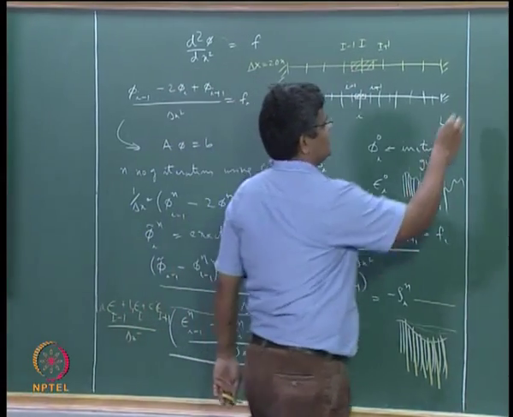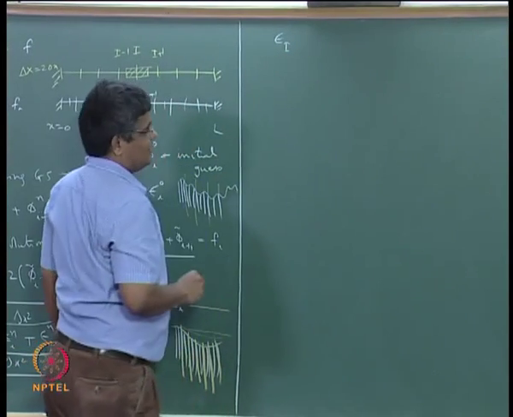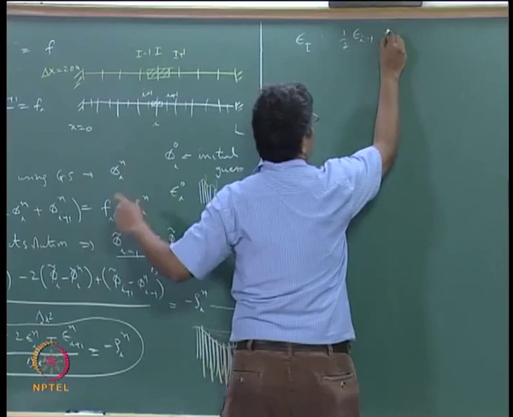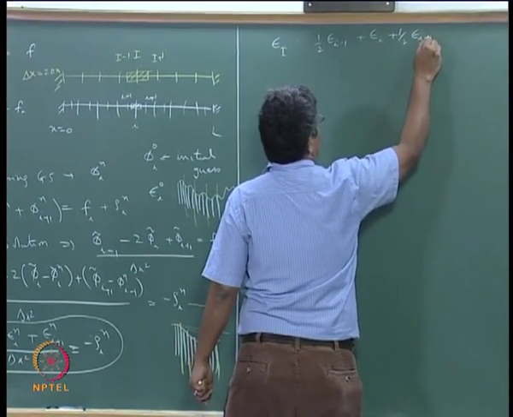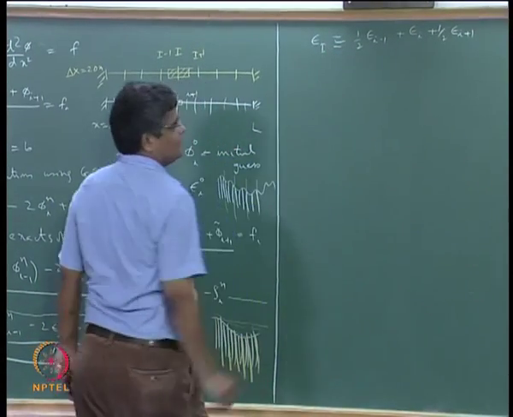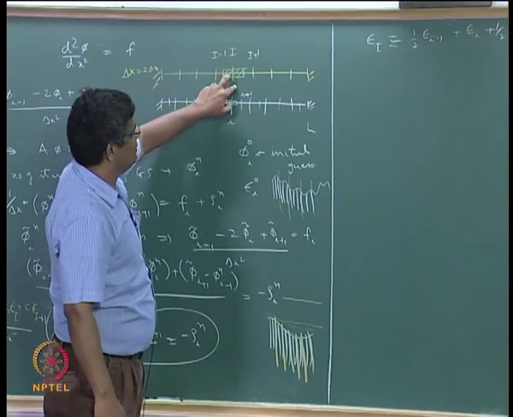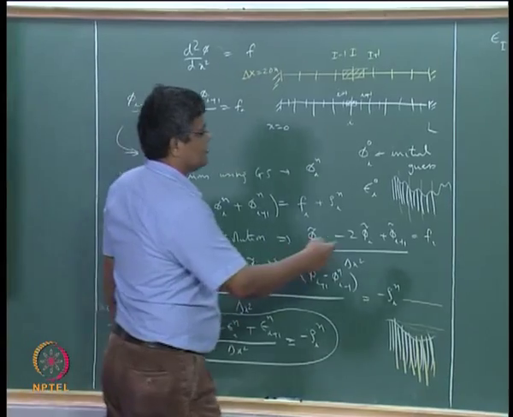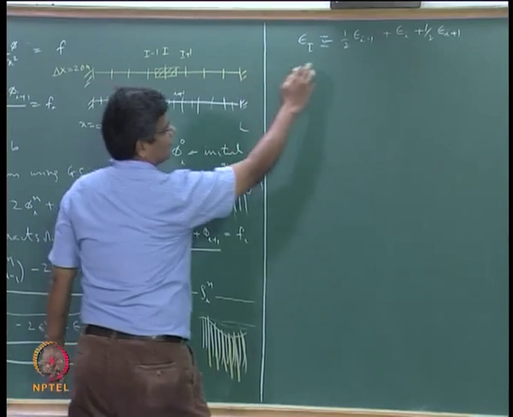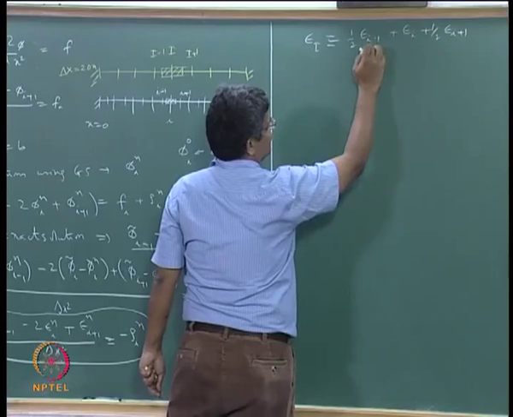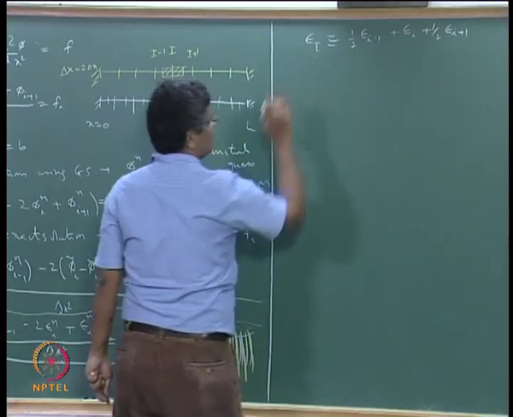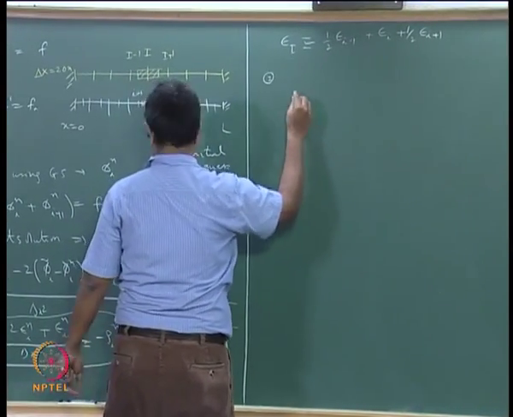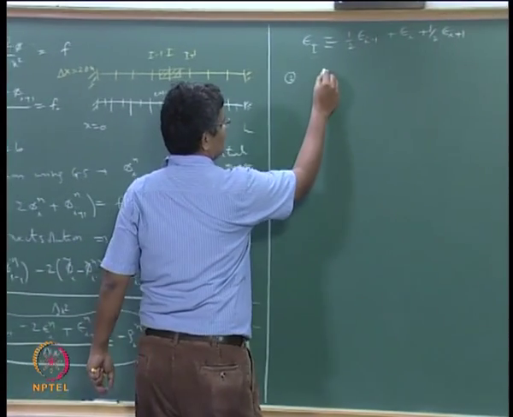So I am saying that I here covers something like half of error I minus 1 plus the error equation at I plus half of. So I am roughly saying that this is the equivalence of this. This should give me the overall error value at this point. So in order to derive an error equation on the coarser grid, I write the error evolution equation at this point and at this point and this point, and then add them together with this weightage so as to get the overall error here. And so I take this, let us call this as 1, and equation 2 will be the same equation written at I minus 1. So that is